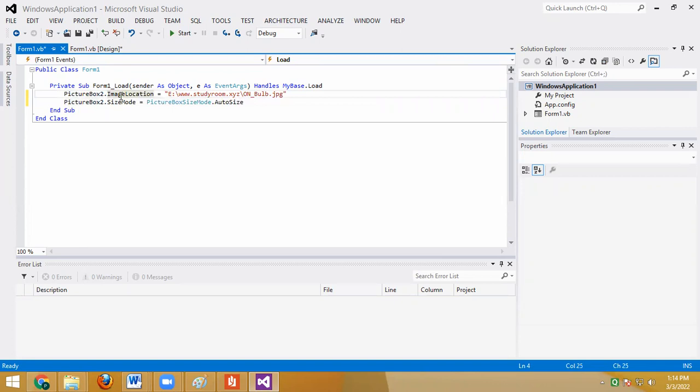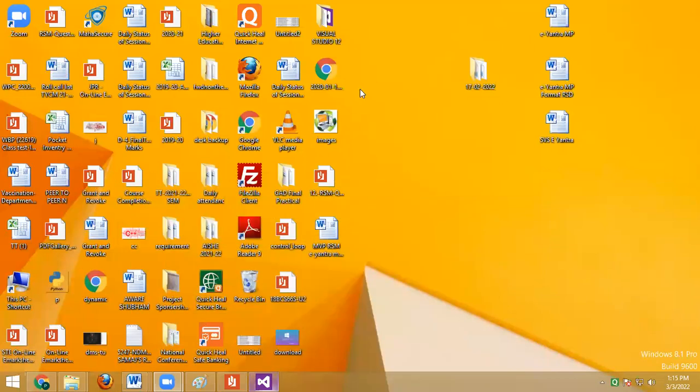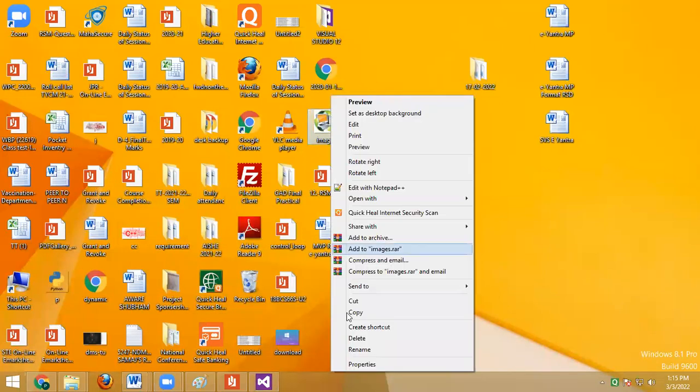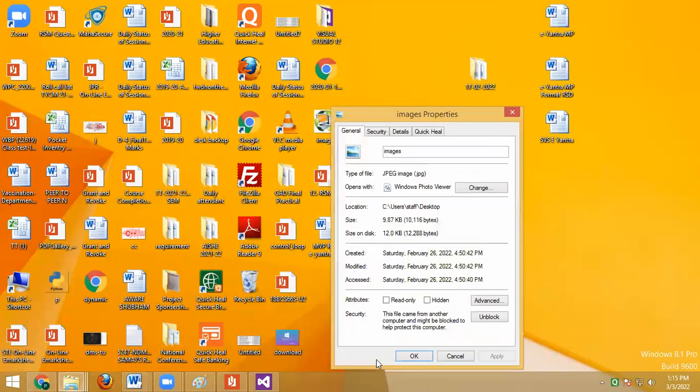Okay. We will be providing an image location. PictureBox2.ImageLocation equal to the path of the image we have to give over here. So the path of the image is, we will take this image path. Okay, C drive, user, staff and desktop.